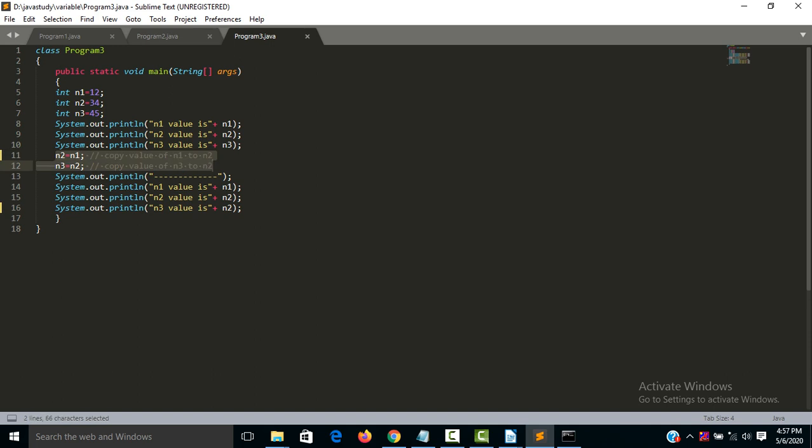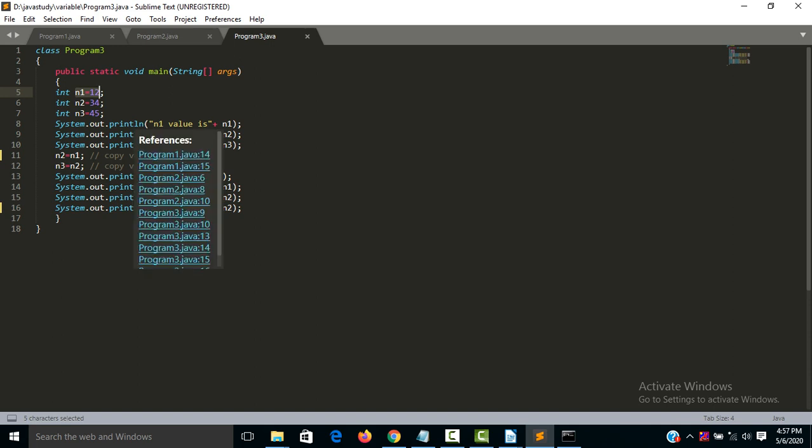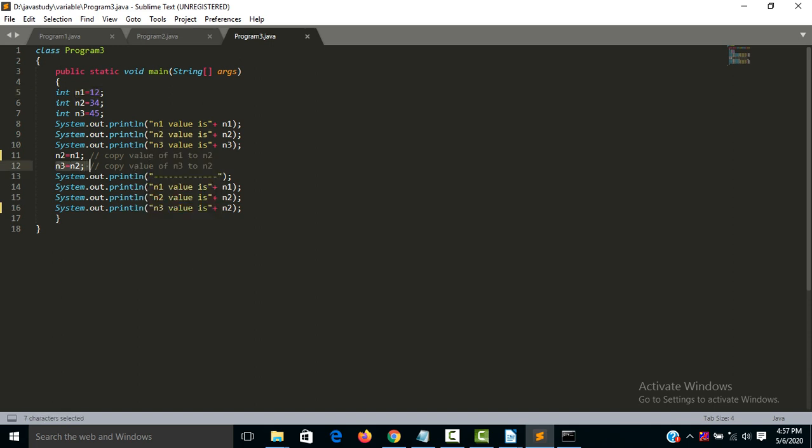Here we copy one value to another. n2 equal to n1 means copy the value of n1, so the copied value 12 is in n2. That means n1 will be 12 and n2 will also be 12. And here n3 equal to n2, so copy the value of n2 to n3. So n3 also will be 12.